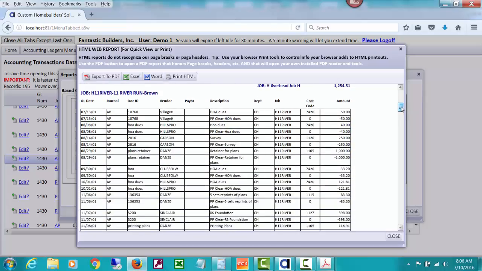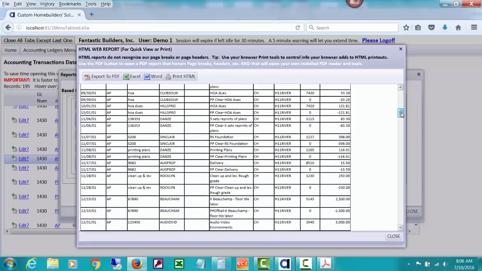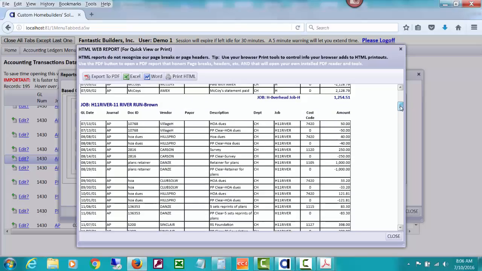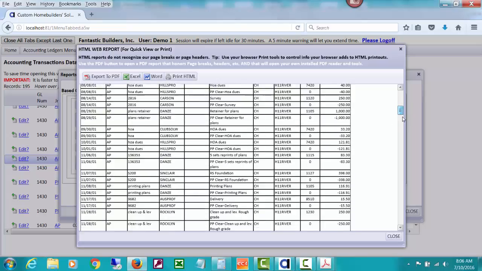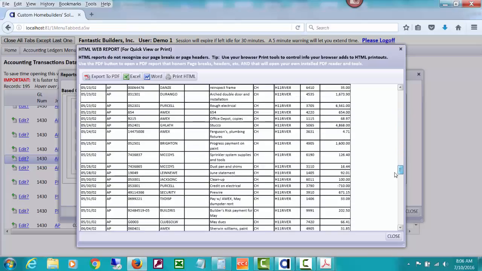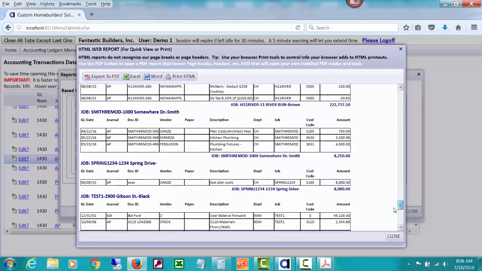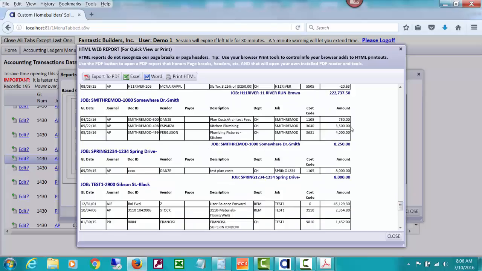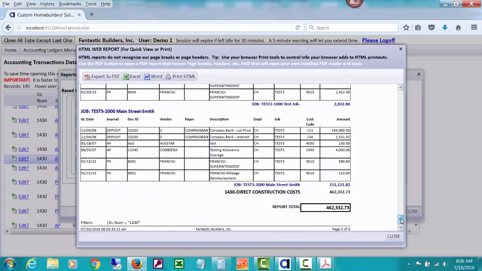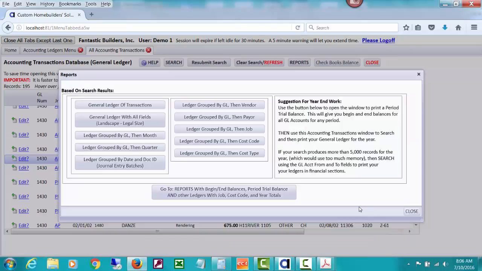Then here's our big job that we've really been working on in this demo, this H11 River, and it's grouped by that, etc. So you can see how much is in this particular account for each job this way, which I think is a nicer way to look at some account that's just related to maybe job costs or something. So let's close that. You can see that one. And then, or you might be interested in